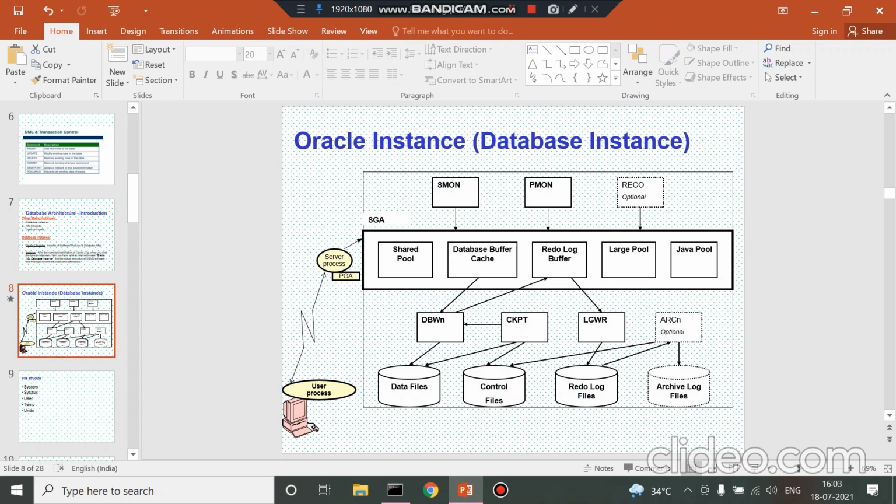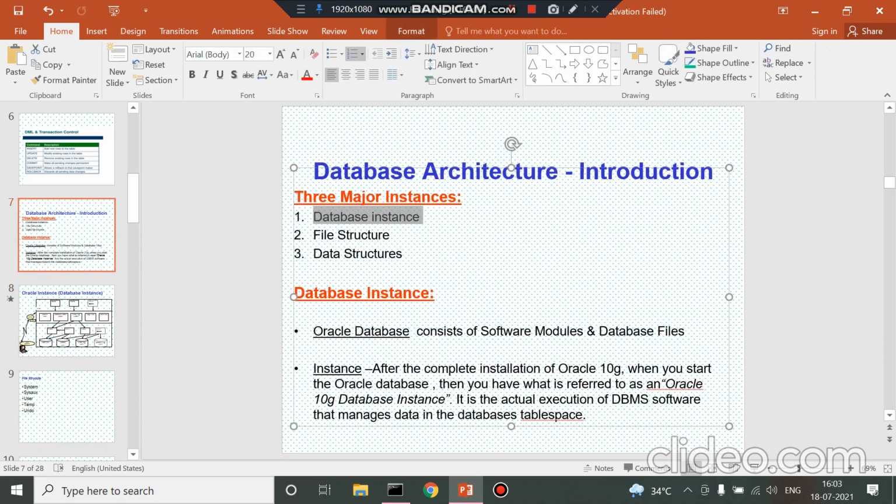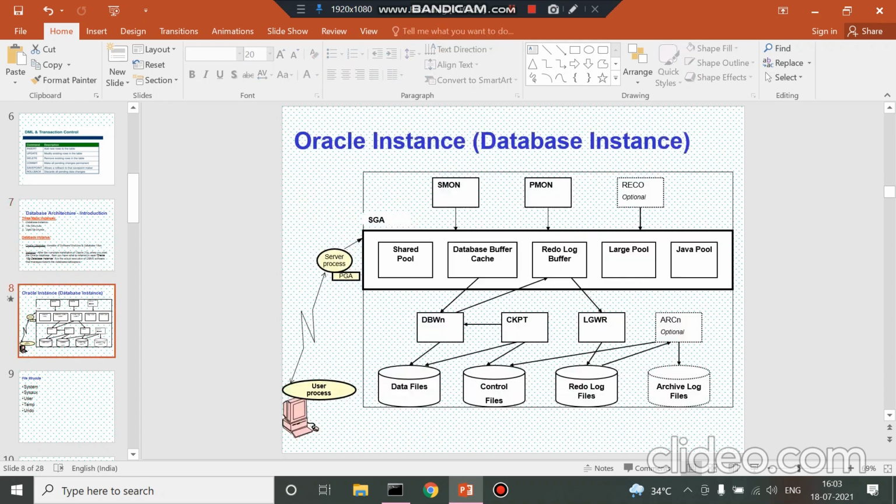We will be studying this Oracle instance in coming lectures. So this is the first part, this database instance.